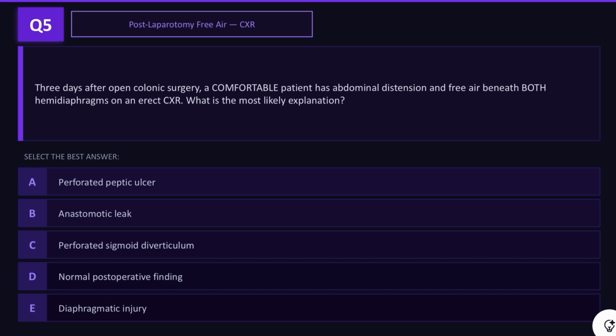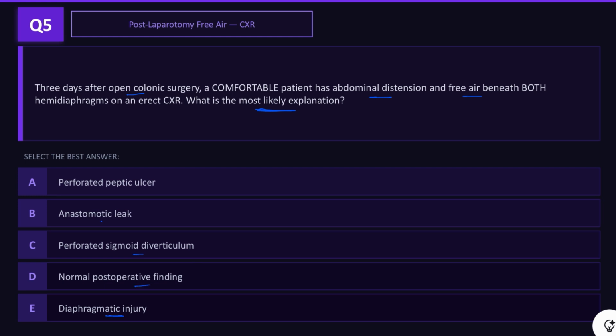So next we have a patient three days after open colonic surgery. A comfortable patient has developed abdominal distension and free air beneath both hemidiaphragms on an erect X-ray. So what is the most likely explanation for this air under the diaphragm? Would it be a perforated peptic ulcer, an anastomotic leak, a perforated sigmoid diverticulum, a normal postoperative finding, or a